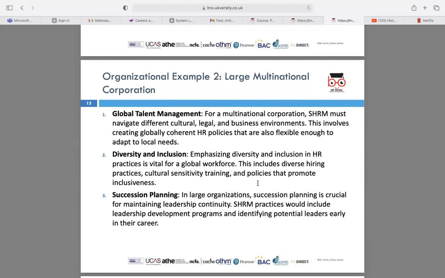Now we're going to take an example of a large multinational corporation. You have global talent that you have to manage. You have people coming in from different work cultures, and you need to take care of different legal requirements and also different work environments. The legal frameworks for every country are different. There might be specific rules set in the UK, and there are specific rules set in India. Like in the UK, it's legally required for associates to be paid sick leave.